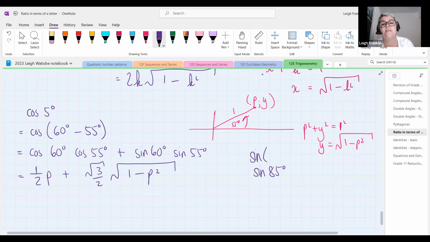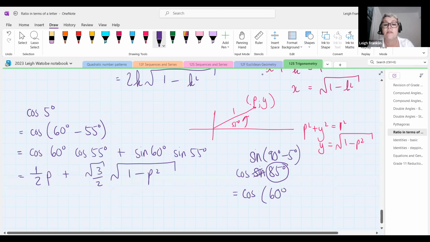Okay, so if you said sine 90 minus 5, then remember if you use 90 minus or 90 plus, that would give you cos, because sine has got to change to cos and cos has got to change to sine. But then your problem here is that now you're working in terms of 85, but then hang on a second, did you then say